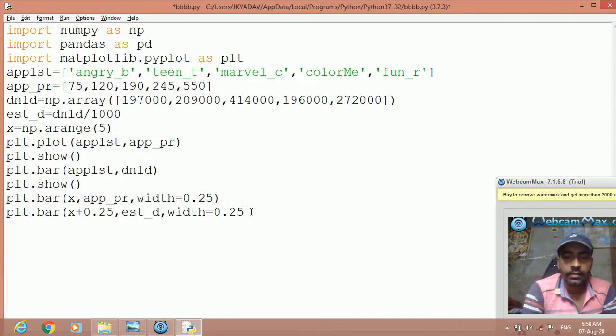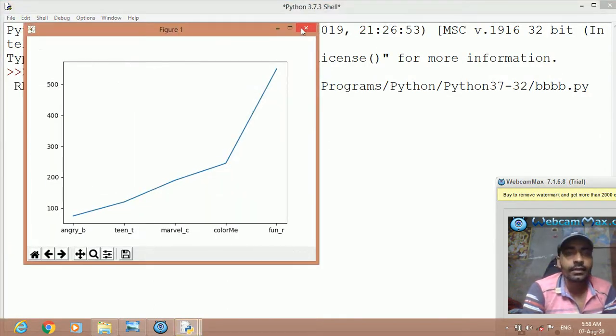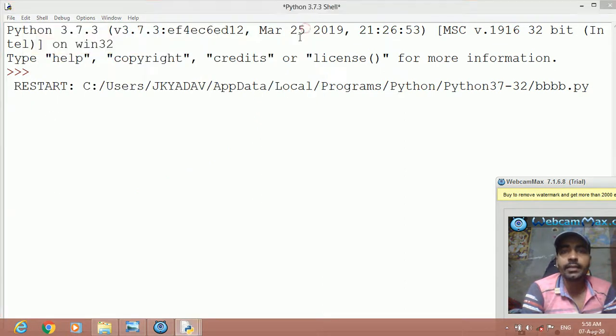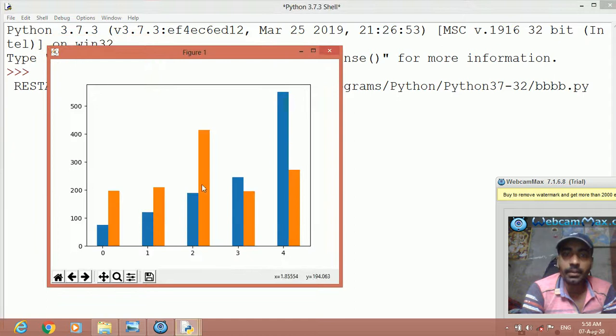Okay, now we have shown first x and app price, then x and est download. Now write the plt.show command, plt.show, save it and execute. Now you see first the line chart depicting the different apps with different prices, then the bar chart depicting the different apps with different downloads, then the bar chart with multiple bars depicting the index of different apps and then price.